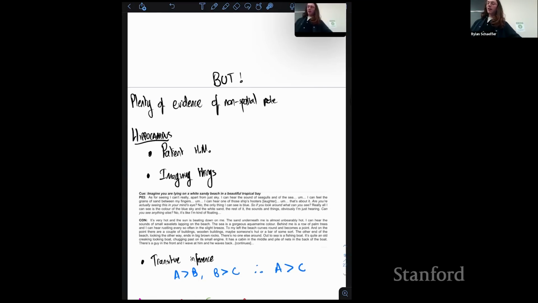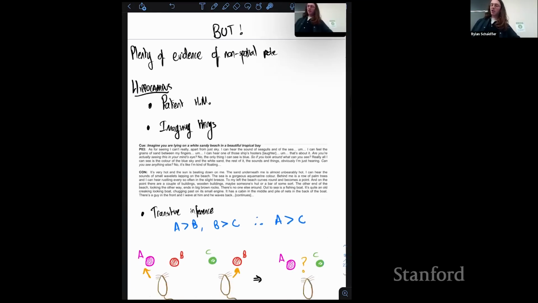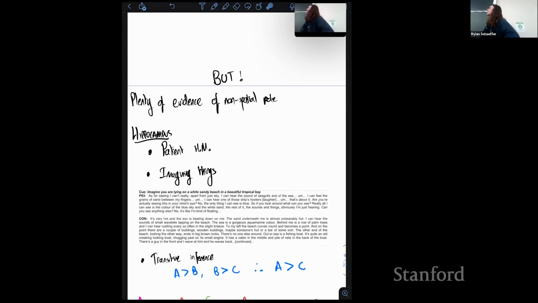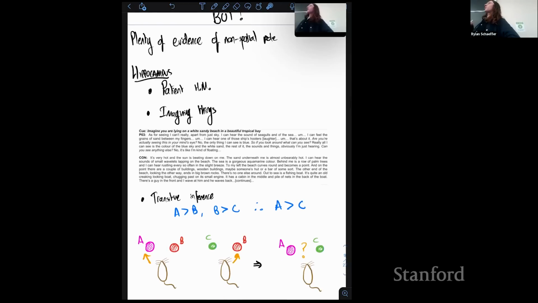So the last of these is this transitive inference task. Transitive inference: A is greater than B is greater than C, therefore A is greater than C. And the way they convert this into a rodent experiment is you get given two pots of food that have different smells, and your job is to go to the pot of food. You learn which pot, which smell, has the food. So the two pots are colored by their smell, A and B, and the rodent has to learn to go to a particular pot, in this case, the one that smells like A.